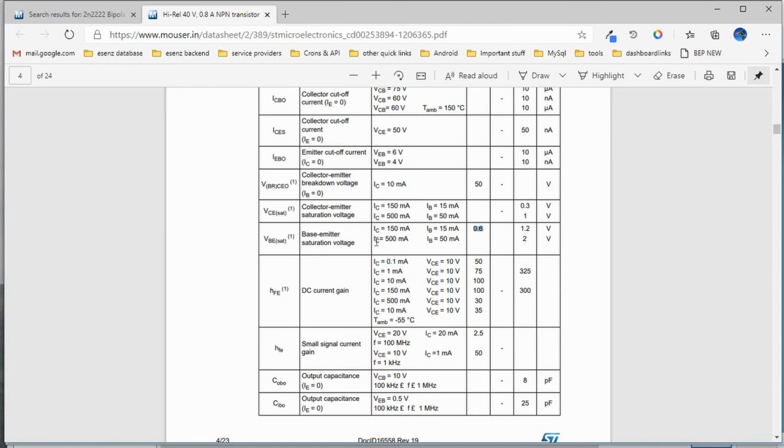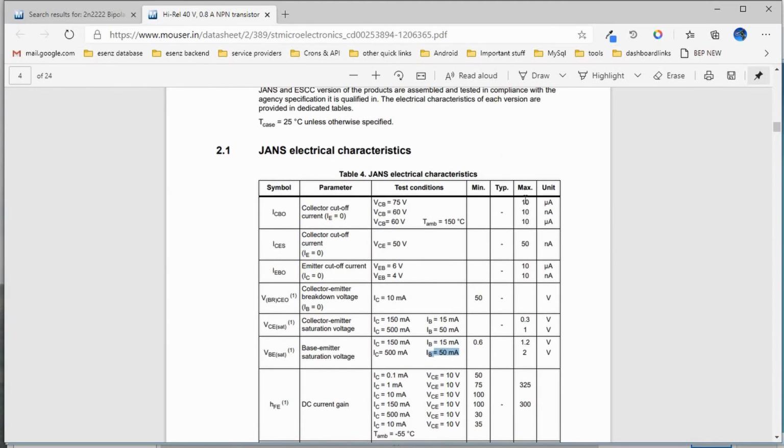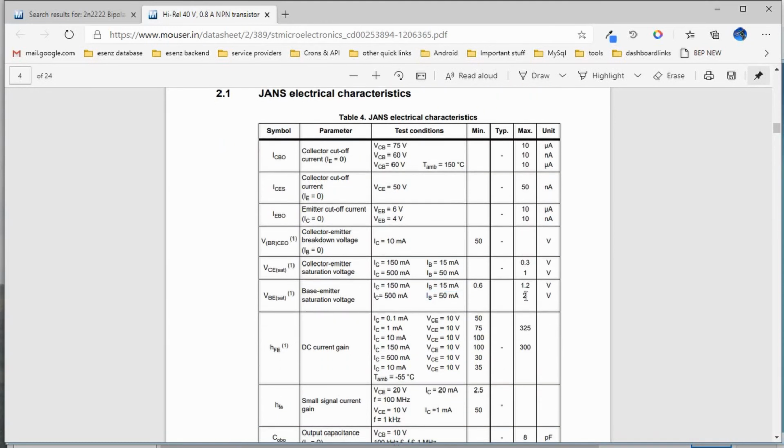But if you see his condition for a current of 500 milliamps and a base current of 50 milliamps, you can expect the maximum base emitter voltage will be 2. So we have to design keeping in mind that the voltage can go up to 2 volts. If you design for 0.6, the current will be too less and we might not be able to drive this current.